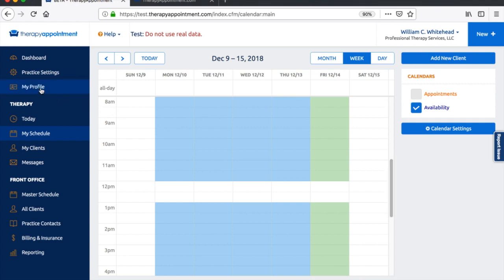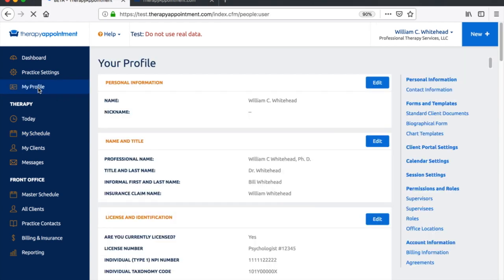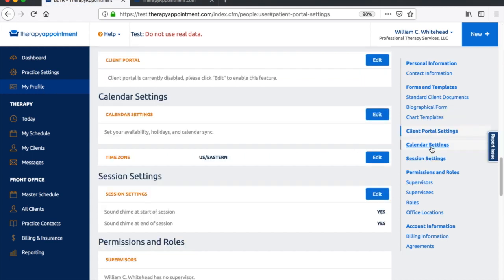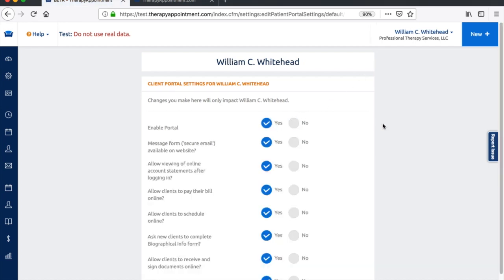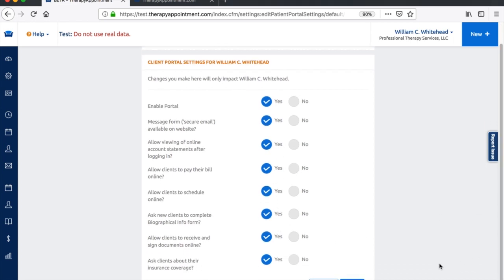Let's make sure I have the client portal set up properly. I click My Profile, Client Portal Settings, and I see that no, I haven't enabled the portal, so I'll do that now. I'm going to click Yes, and for purposes of illustration, I'll just leave those defaults as they are. I'll click Done at the bottom,